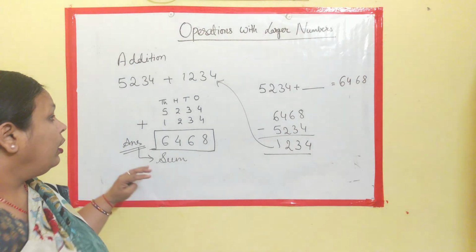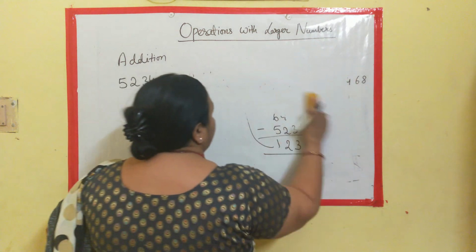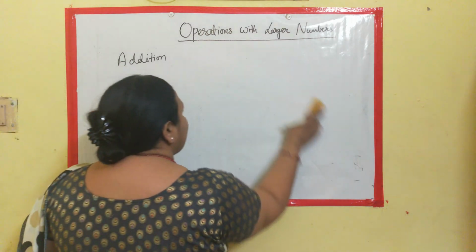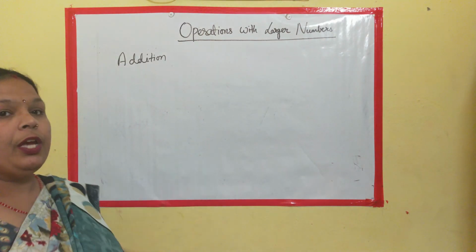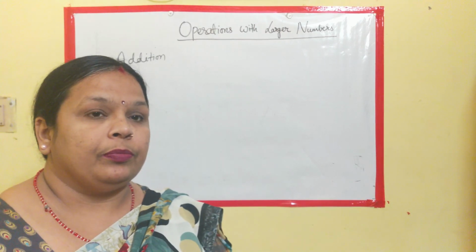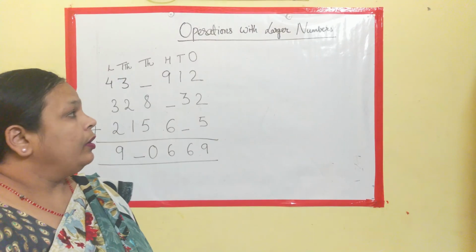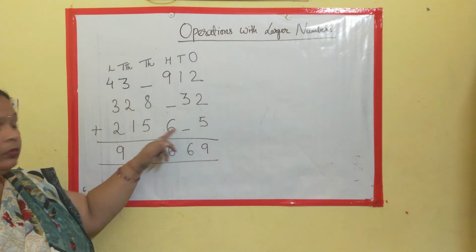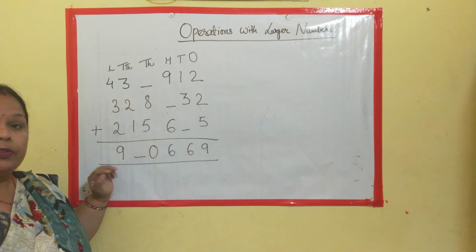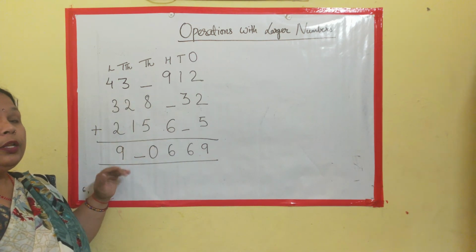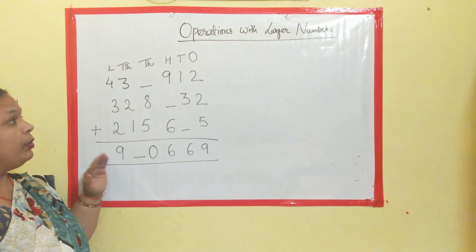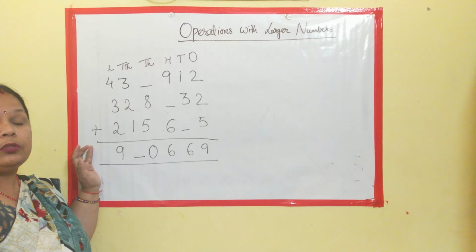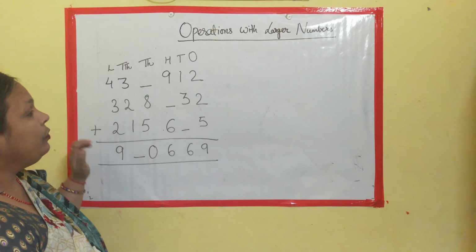Now, what else is to be done? See, for this addition part, it's okay. Now we will be finding the missing numbers using the steps which we have learned just now. In this example, you can see dashes. Okay, 1, 2, 3, 4 dashes are given. Now we need to find which number between 0 to 9 will be filled in this dash to get the exact solved example.